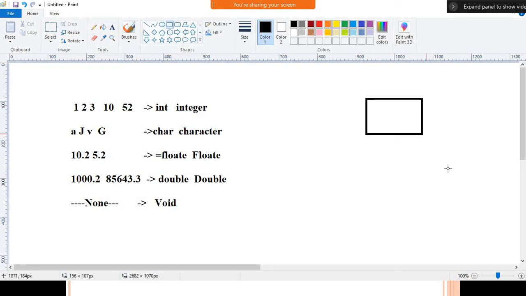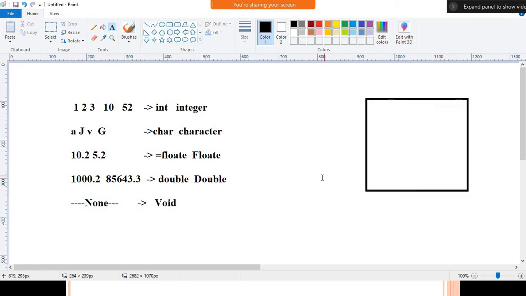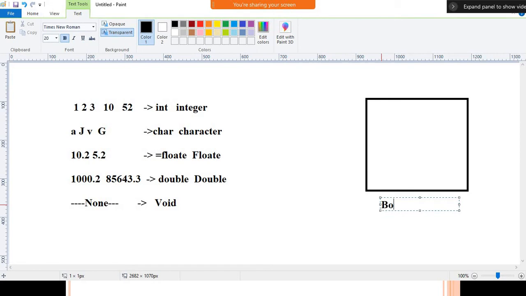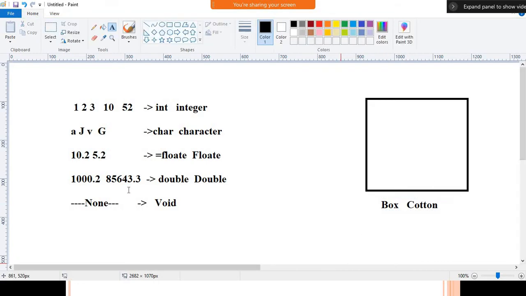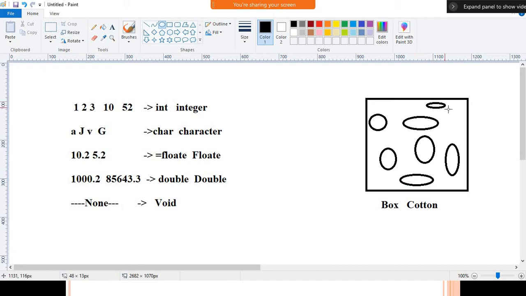For example, assume that this one is a box having a name, and that box contains some quarter.